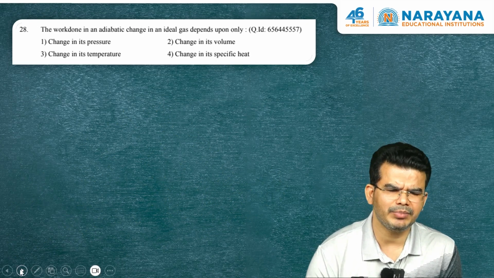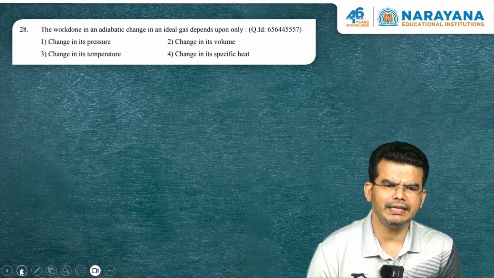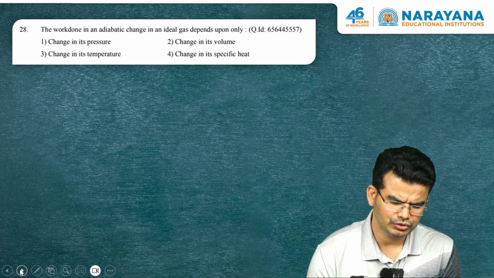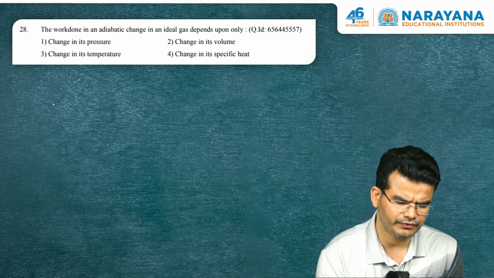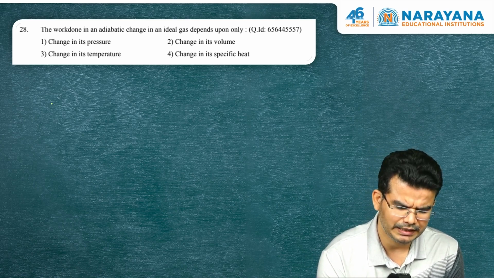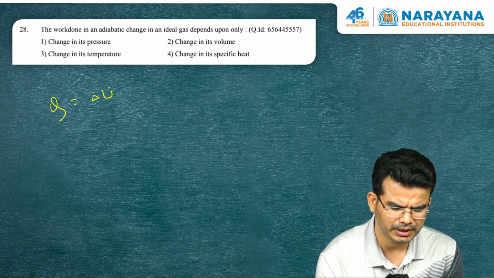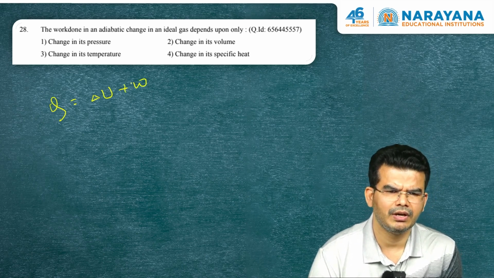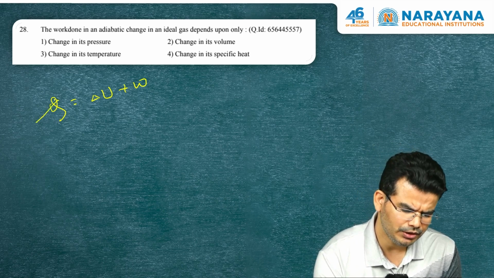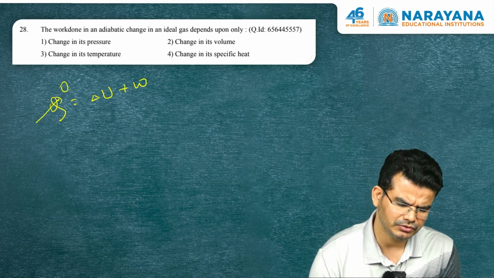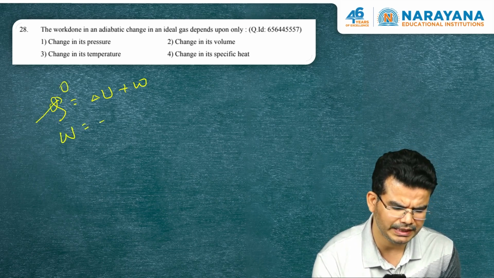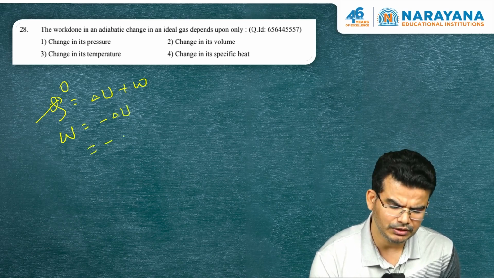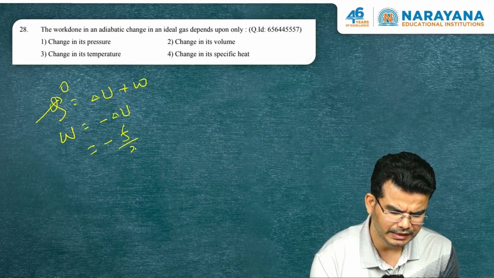Next one is again a very simple question. The work done in an adiabatic change in an ideal gas depends upon what they are saying. So, we can say that according to the first law, we know very simply that Q equal to delta U plus W. Okay. This is by first law. Now, we know that Q is 0 for an adiabatic process. So, I can simply say W equal to minus delta U for an adiabatic process, but delta U is simply f by 2 nR delta T,